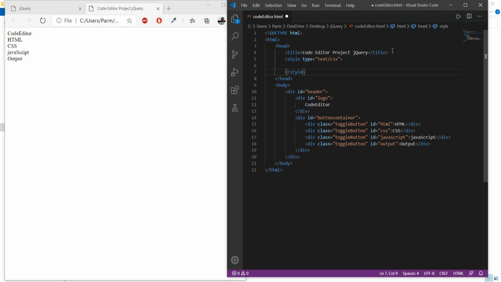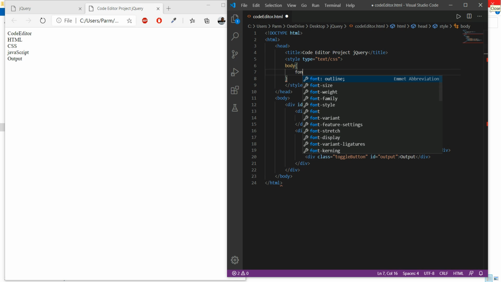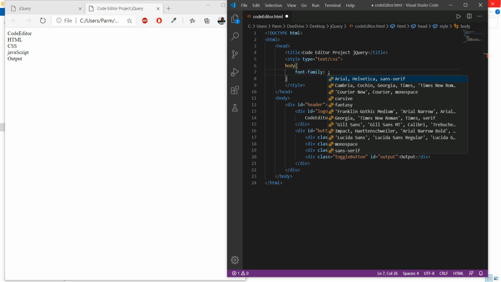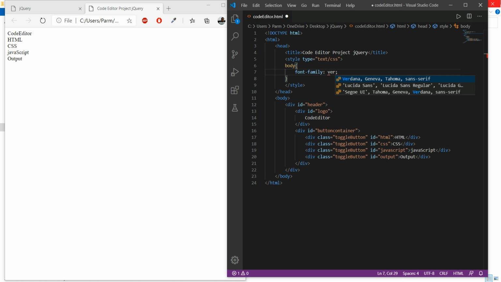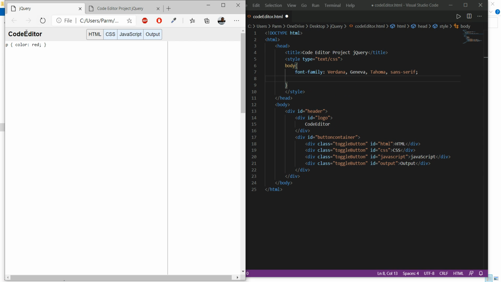Then first of all I will write CSS for body. And in the body, I will first of all select the font family. In my case I would prefer using Verdana. So I have selected this font family over there.